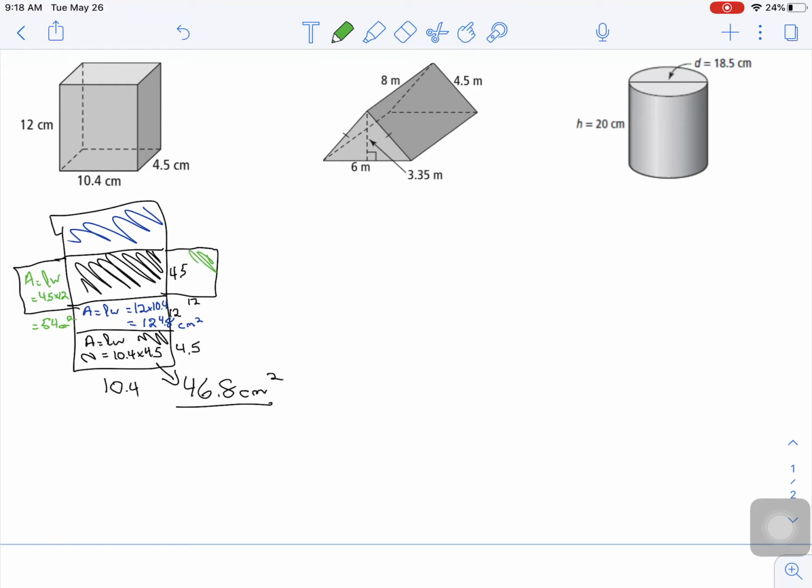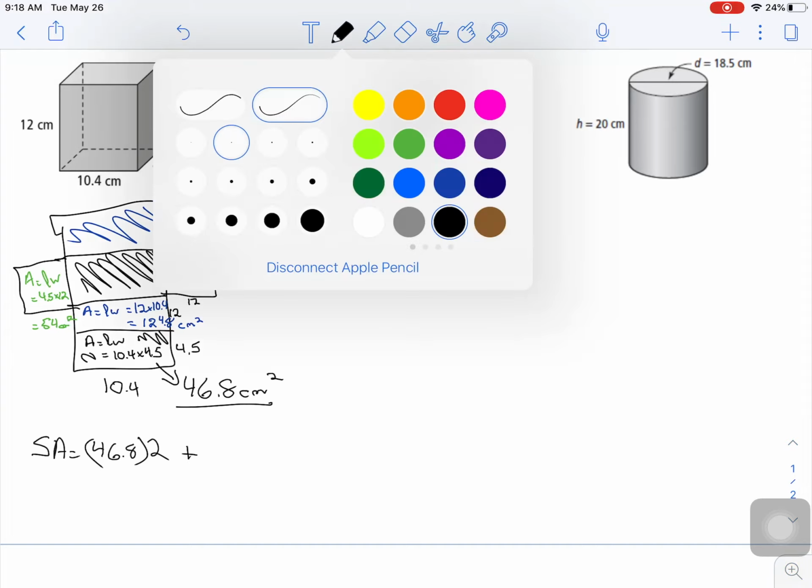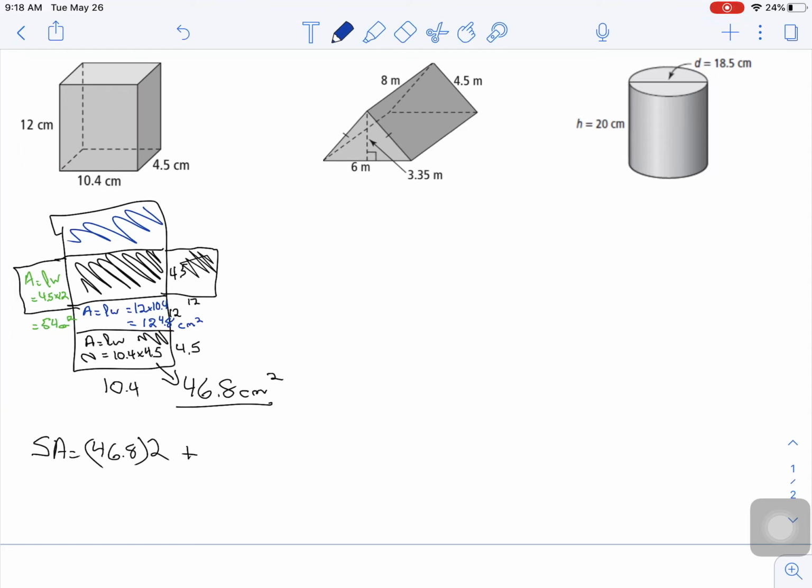Now, but there's another one here. So to solve this, I could just say surface area is equal to 46.8 and times that by 2, because there's 2 of those shapes, right? The 2 black ones. Oh, I had that black. Plus the 2 blue ones, which is 124.8 times 2, plus the 2 green ones. This one was supposed to be green, plus 54 times 2,